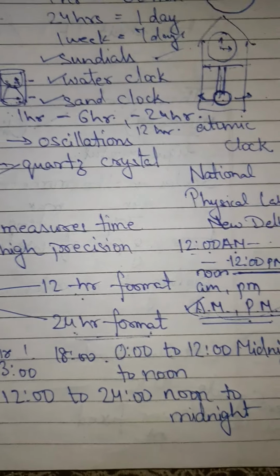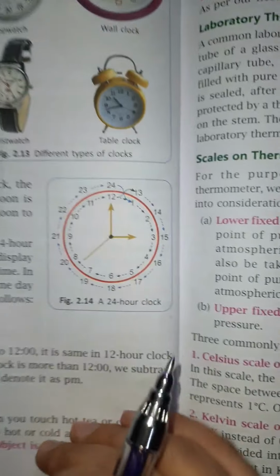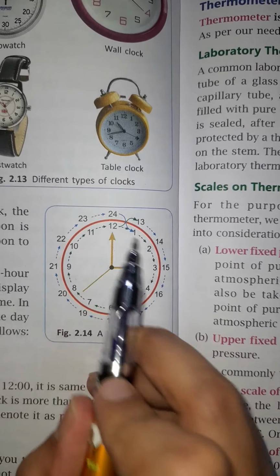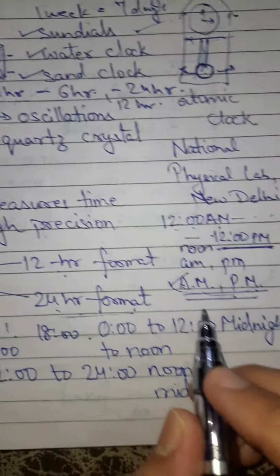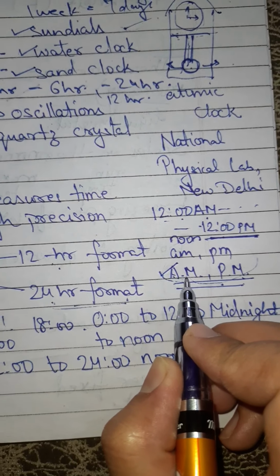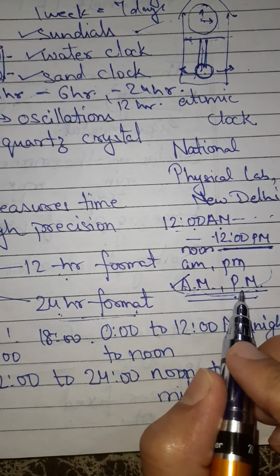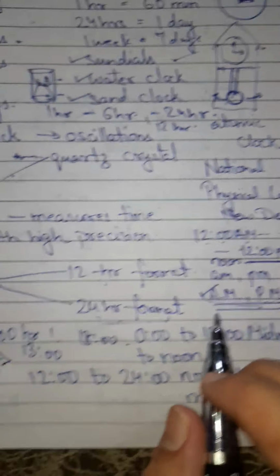What we do here is, this is the most commonly used format. The simple clock which we have indicates the time midnight to noon is calculated as AM, and from noon to midnight back is calculated as PM. So if this is 11 in the morning, then the time will be 11 AM.